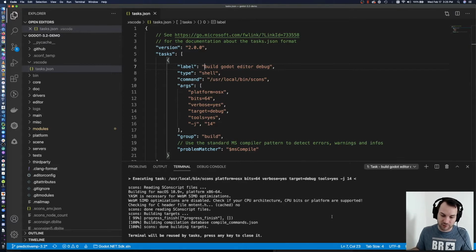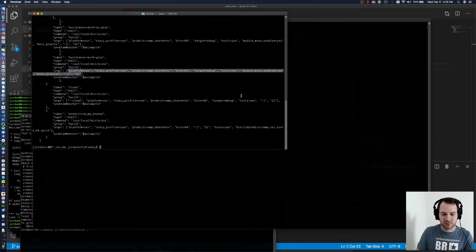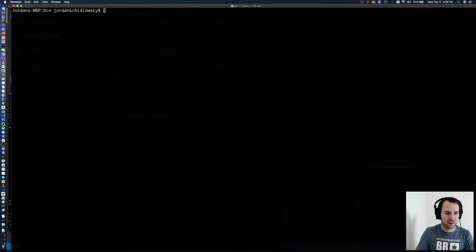And it's done. I've already built the engine with these same arguments, so it didn't actually have to do any work. But the important thing is the output of this task is a file. It's a binary file. That binary file is in the Godot source folder. Okay, so basically you can see, after you compile the engine,